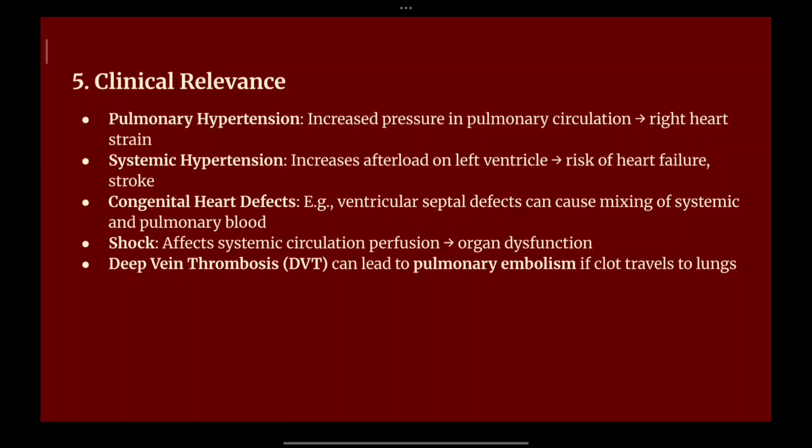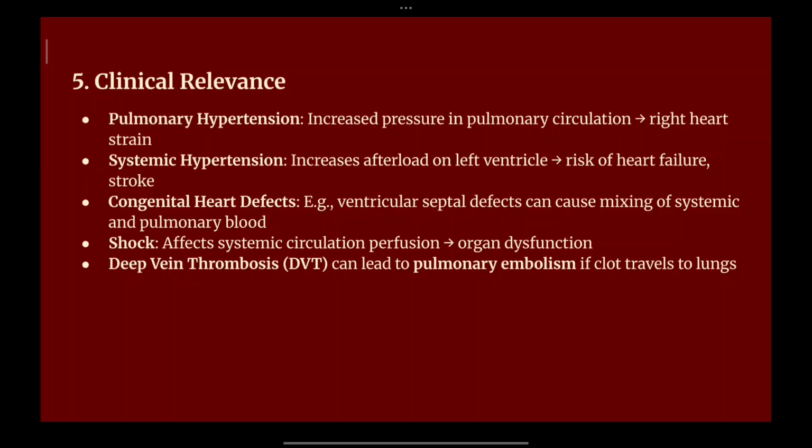Now, the congenital heart disease defects, we will be seeing this in ventricular septal defects, which is in pathology. We will be dealing with this topic in the cardiovascular system and pathology topics. You can go and study that later once I upload the video. Congenital heart diseases are the defects that are acquired by infants or neonates that are born. Whenever the child is born, there is a genetic defect in the heart of the newborn baby.